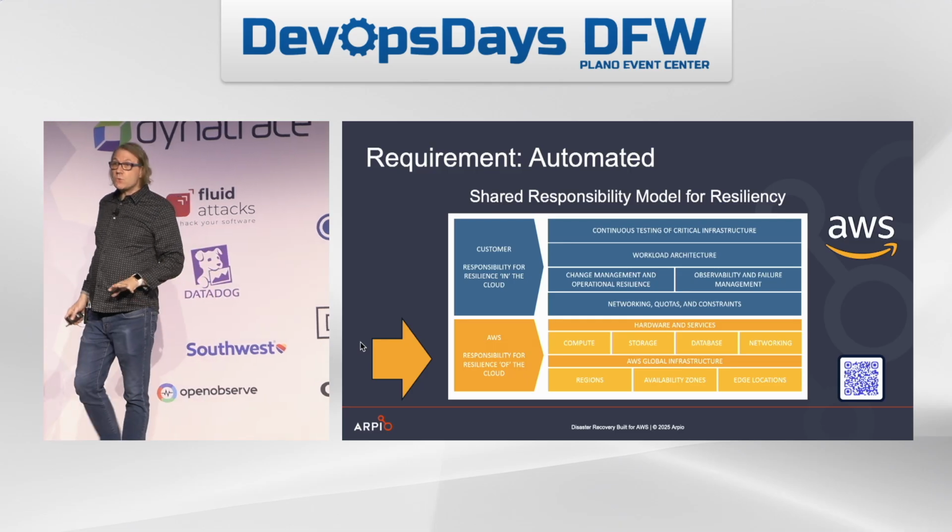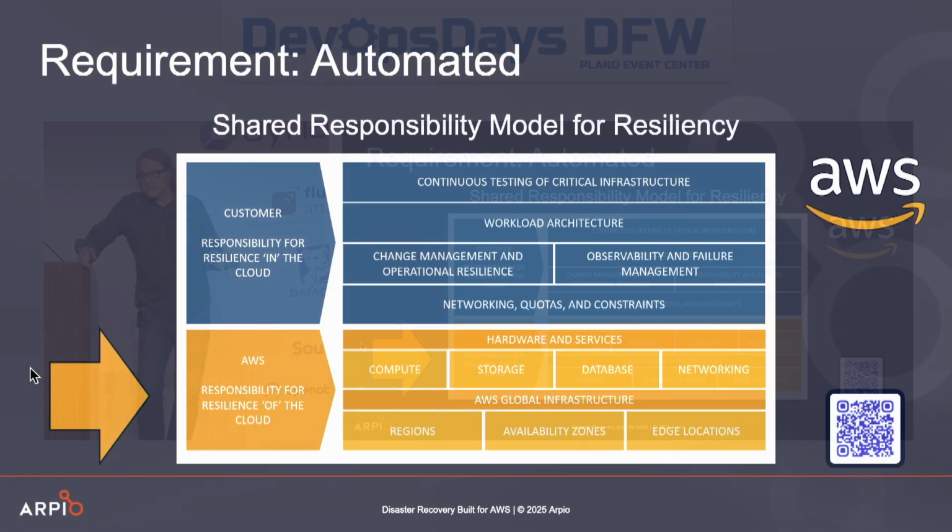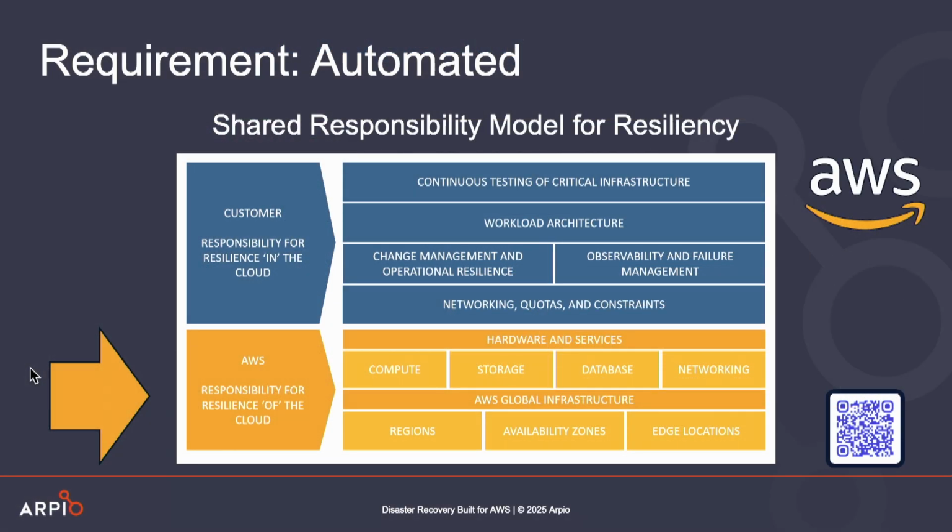All right, so this is the last requirement I'm going to talk about before we move to actually design this thing. And I'm going to actually take several slides to describe it. And the first slide is to tell you about the shared responsibility model for resilience. Now, the shared responsibility model for resilience is something I helped come up with. I co-authored it. And it says that AWS has responsibility for resilience, and you have responsibility for resilience, both.